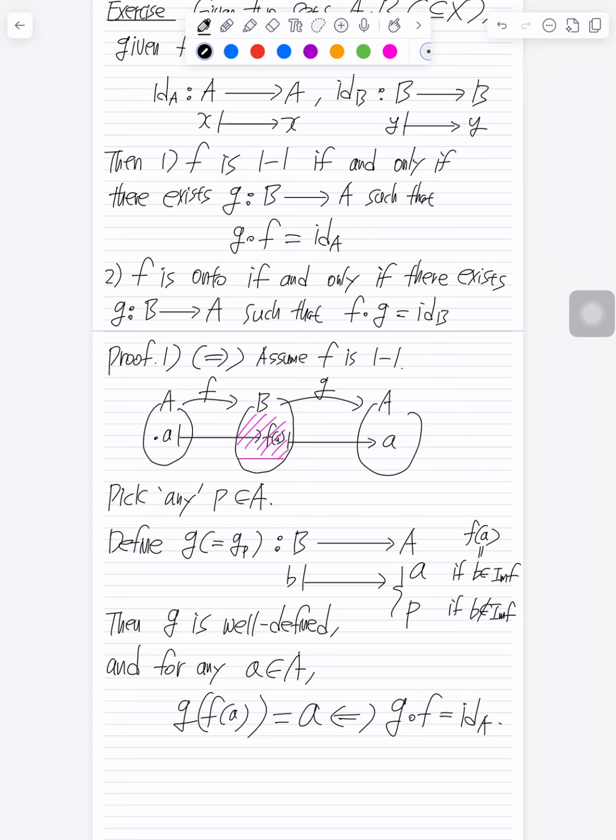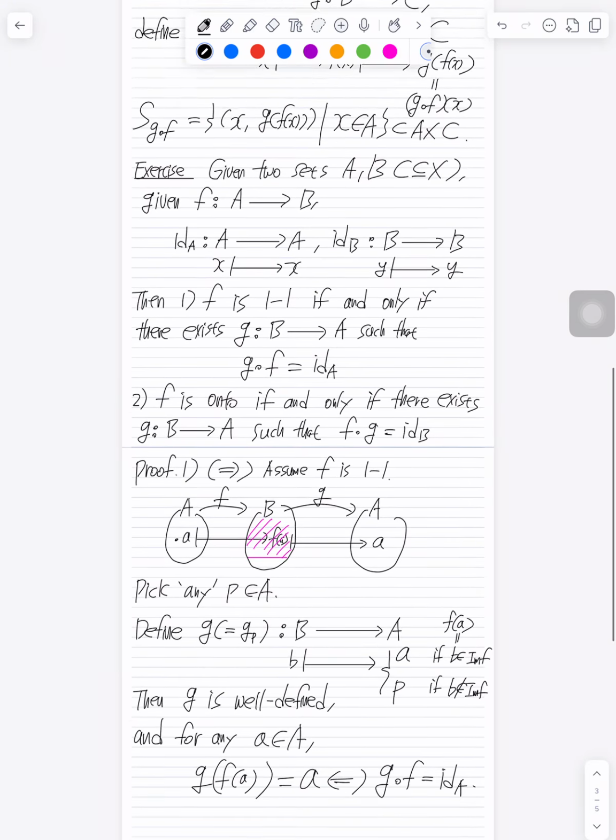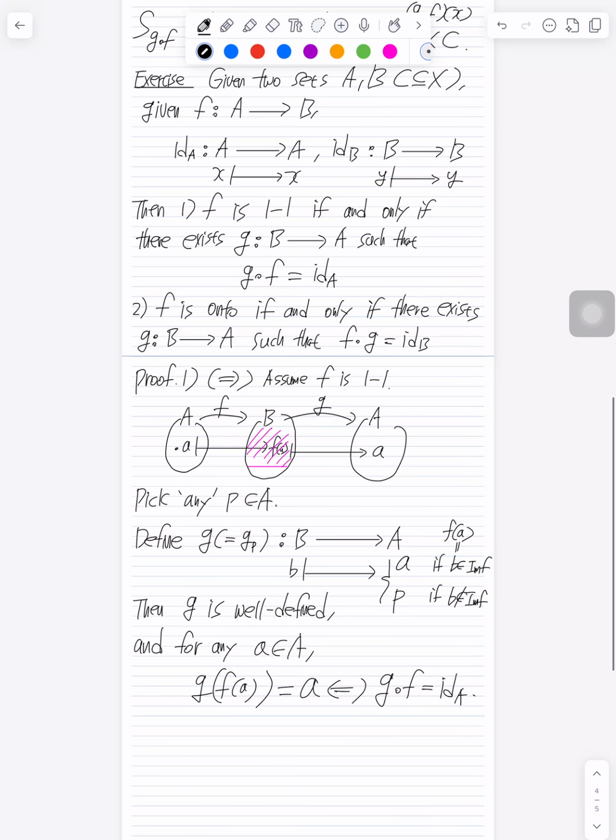So now you can see, in order to define this function g, the uniqueness provided by injectivity, one-to-one, guarantees g is well defined. So why do we need to pick an element like a_0? Values of g outside of the image never get used when you compute g of f of a. So any fixed choice works. So there is such a function implemented. That's why we only claim there exists such a function satisfying the composition rule.